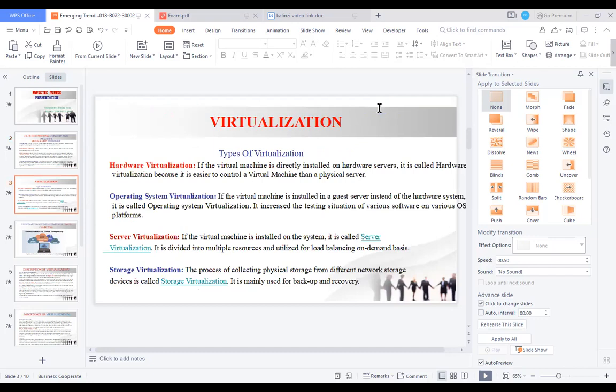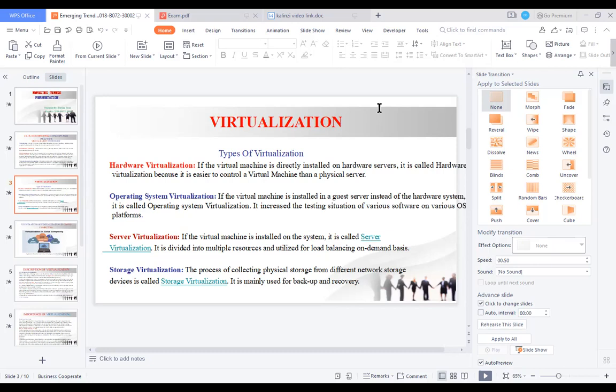Then we have different types of virtualization. We have hardware virtualization, which is when the virtual machine is directly installed on hardware servers. It is called hardware virtualization because it is easier to control a virtual machine than a physical server.